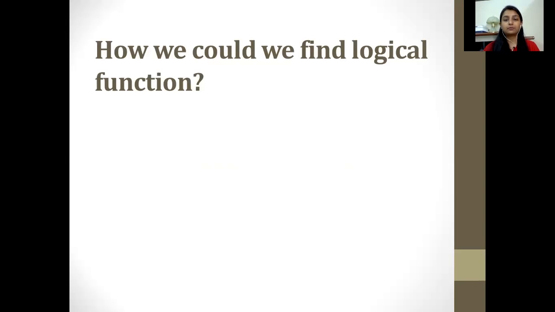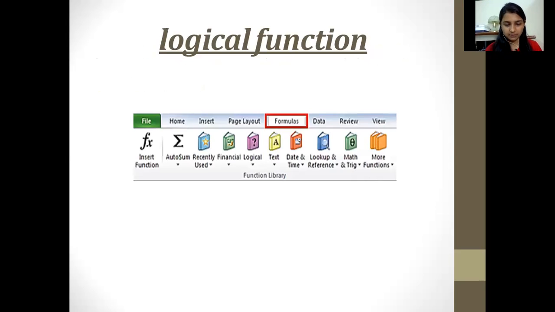So how could we find logical functions? I showed you in the first image that there was an option of logical function. What do you think, how could we find it? It is a very interesting and easy question. Definitely we would be opening which option? In the first image I had shown you, the Formulas option. So here you can see that logical function has that option on the title bar, where you would observe the Formulas option. After clicking on it, you can observe that there is an option for logical function. This is how we can use it.